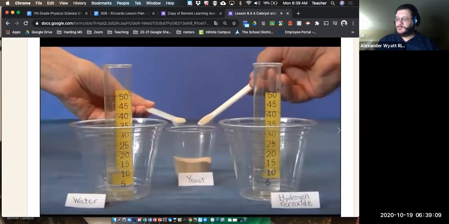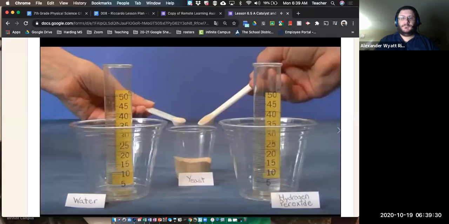Yeast are a type of single-celled fungus. We add them to bread dough because they ferment, or eat, some of the sugars in the dough and produce carbon dioxide gas. The gas that's produced makes the dough expand, and the resulting bread is lighter and softer. Let's put bread making aside for a minute and think about another use for yeast, as a catalyst in the